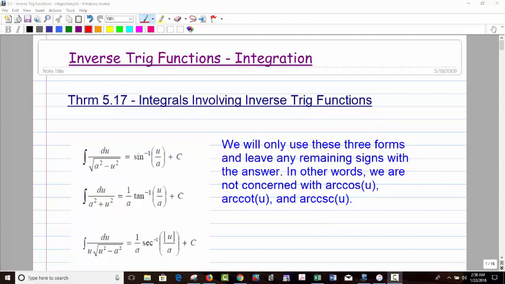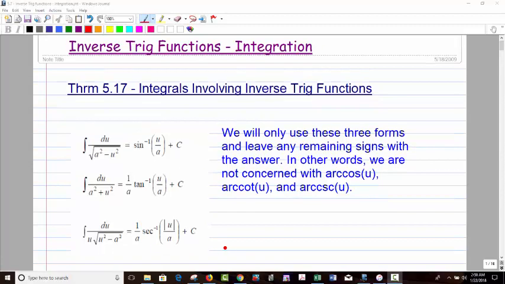Hello, this video is on inverse trig functions integration. Now here are the integral formulas that we will use for inverse trig functions. Now we're only using 3 forms instead of having 6 because, as you may recall, for each inverse trig function